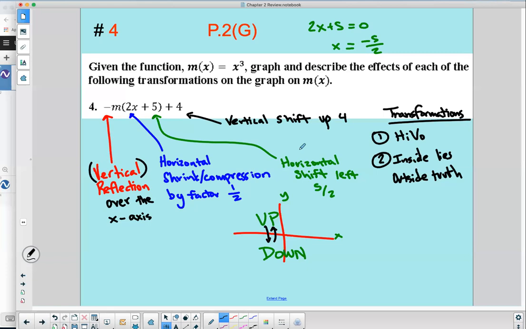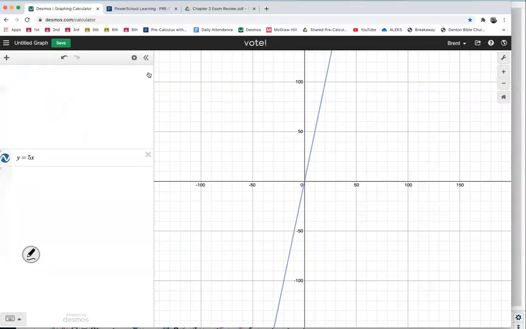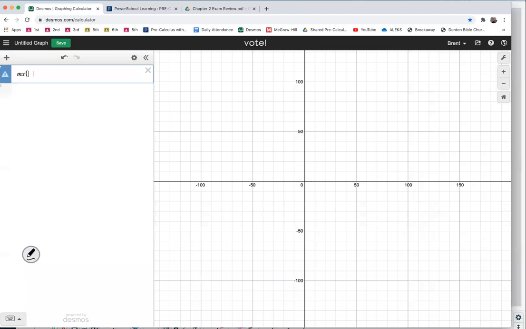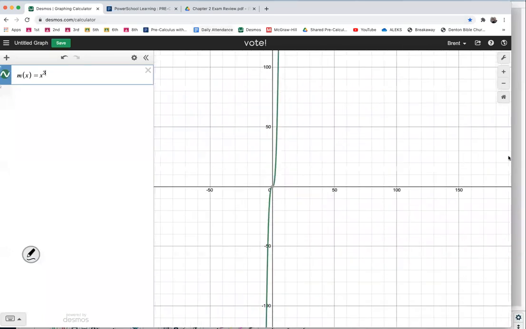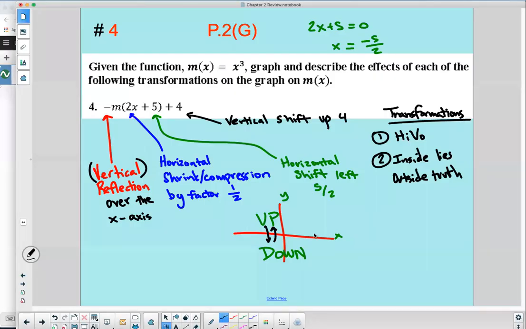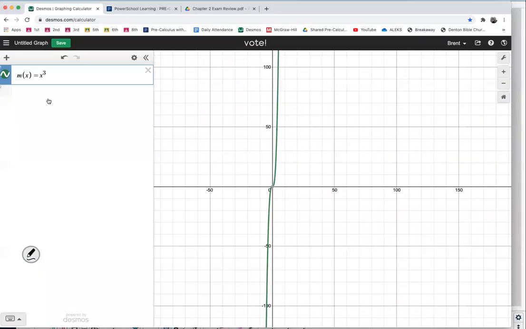So a quick way to check this is, it says m's equation is x³. So here's how you can check this using Desmos. I'm going to say m of x equals x³. That's what the instruction said. Did you catch that? It said m of x is x³. Yes. That was the instructions. If you now type in this underneath, negative m of 2x + 5, + 4,